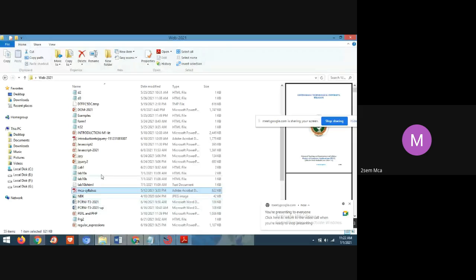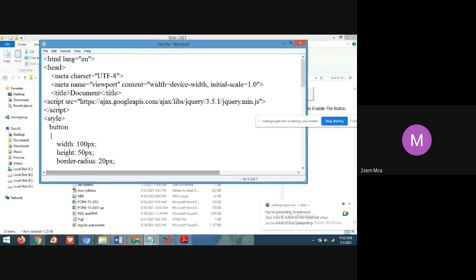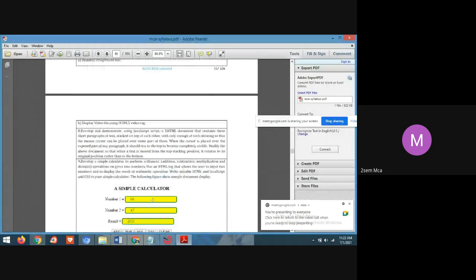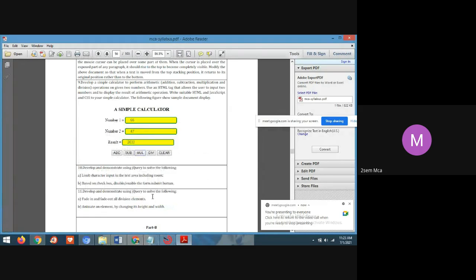Yes, students, in the last class I explained program 10B. Now 10A explained: develop and demonstrate using jQuery to solve the following. A, limit the character input in the text area including count. So you have to take a text box or text area and limit the number of characters.